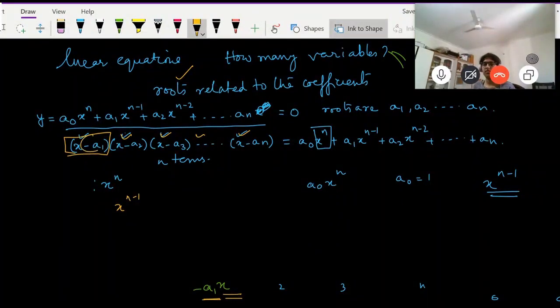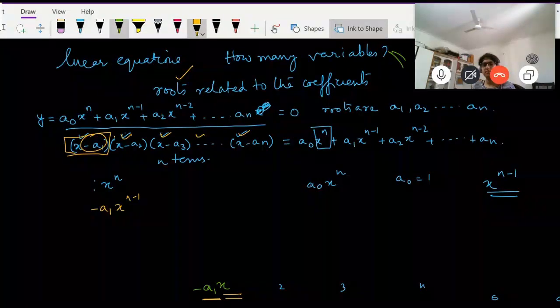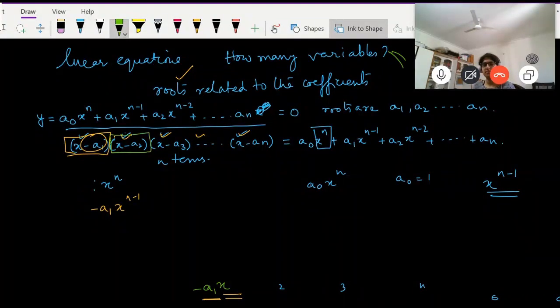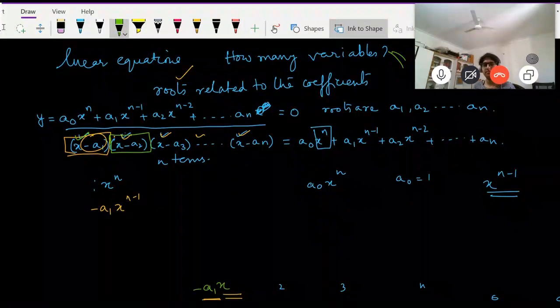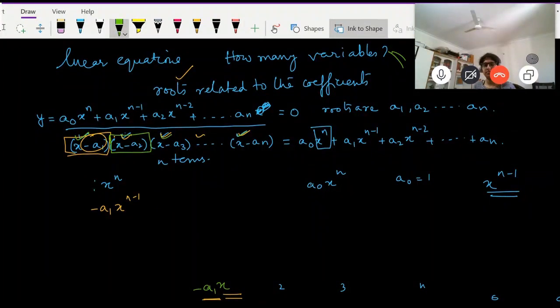With that, I multiply the constant term of the first one, right? Next, I keep this out and I multiply all the x's of the other terms. So there are n minus 1 terms, right? x to the power n minus 1, and I multiply the constant term,